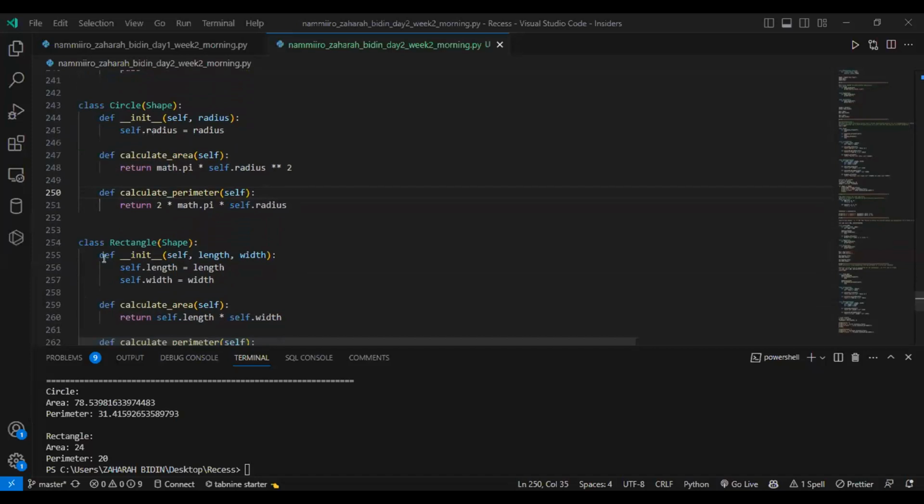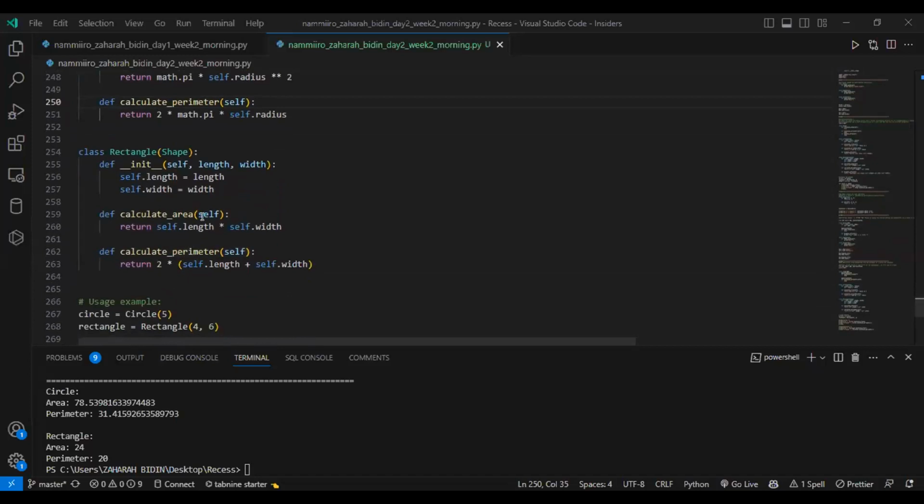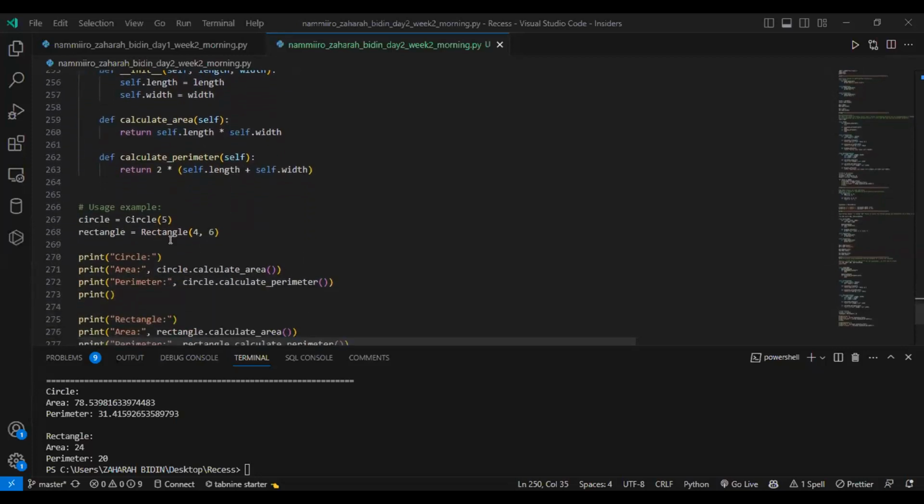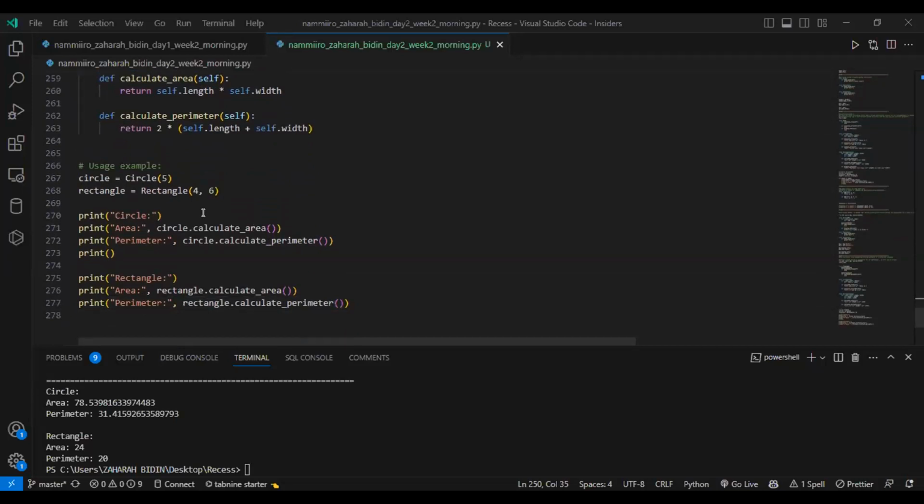I did the same, but its constructor was quite different, since it takes in the length and the width, but it also had to implement the methods, and it had to give them the details since they were abstract methods. Then I had to create the instances of those classes and passed in the arguments. Then I printed out by invoking those methods that I had already created. And when I run it,